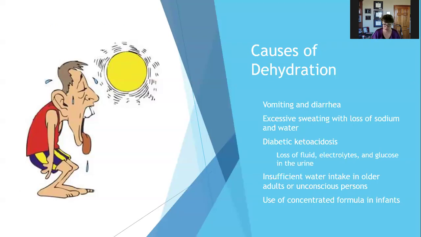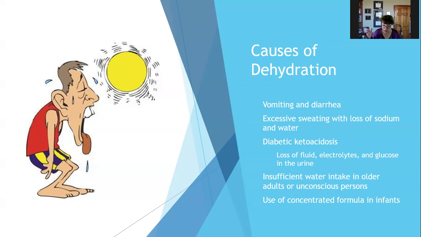The major causes of dehydration: vomiting and diarrhea both result in a loss of electrolytes and nutrients, such as glucose, as well as water. And if you're in the hospital for whatever reason and they have to drain or suction out any portion of your digestive system, it can have the same effect. So, just losing that fluid out of your digestive system one way or another.